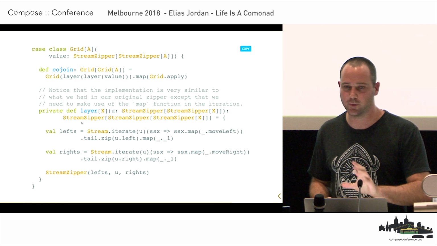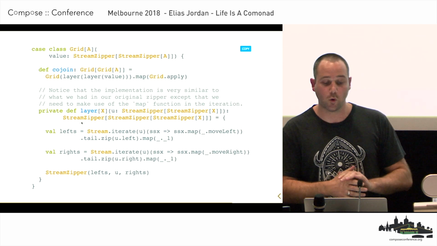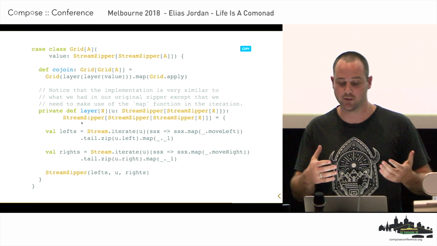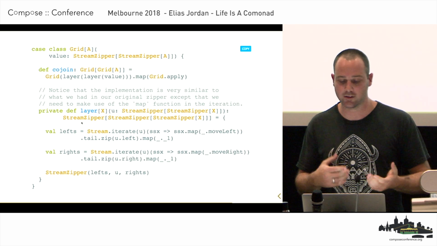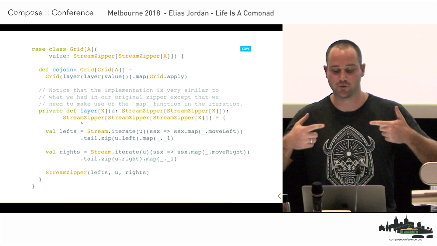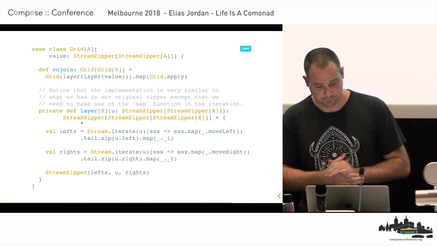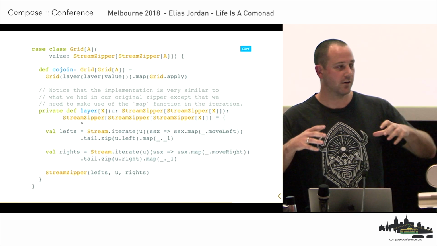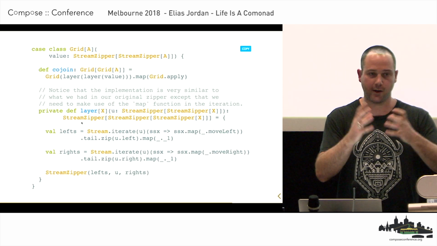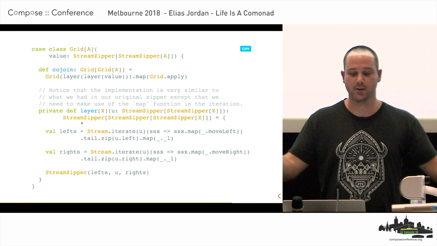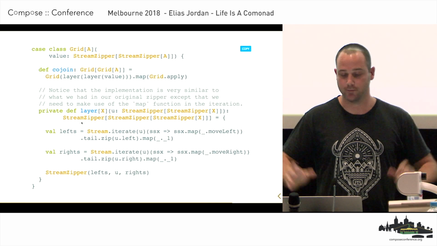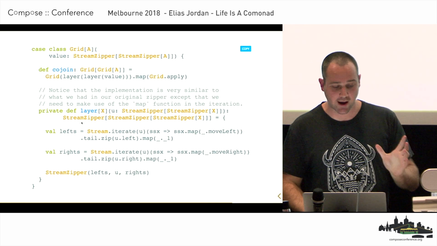And if you study this implementation, you'll see that it's quite similar to our original definition of co-join on stream zipper itself, but it needs to leverage the fact that we're iterating over stream zippers and that they're a functor. So we basically apply this function layer twice to generate 4 layers of stream zipper, and then map over that with our grid to then get our 2 layers of grid. So now that we have that,